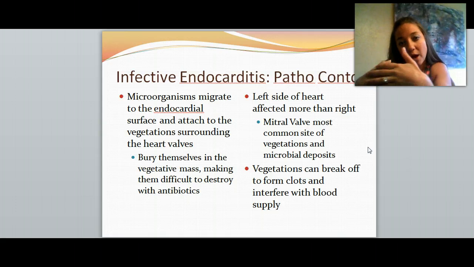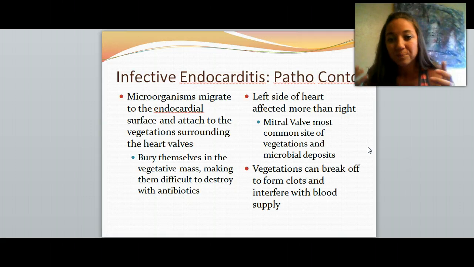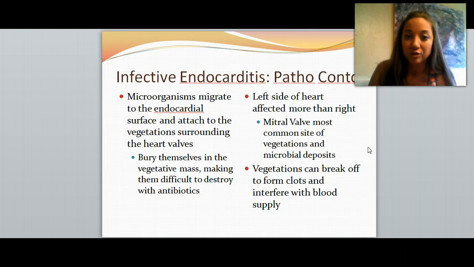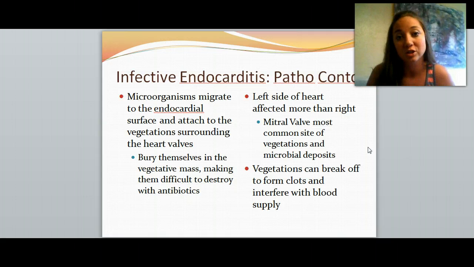So by the time those antibiotics get through, they usually will just wash right over it, and it's not going to get way down into those grooves and kill the bacteria that's in there. Does that make sense? So it's really, really hard to correct this once it happens. So really our best bet is to try to prevent it.